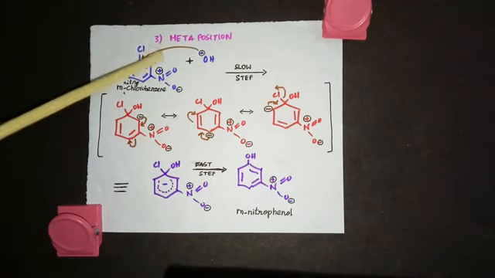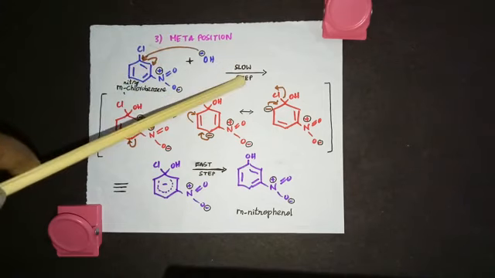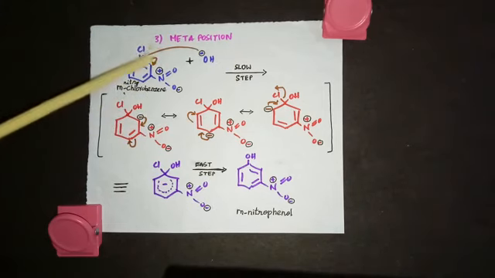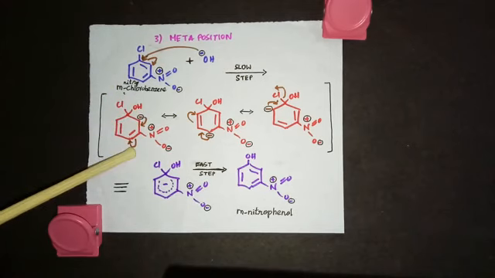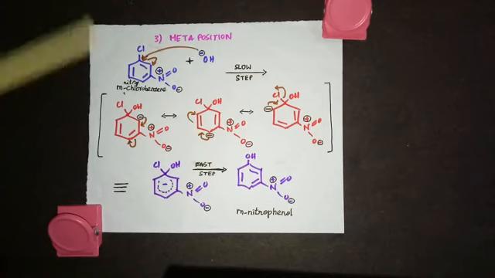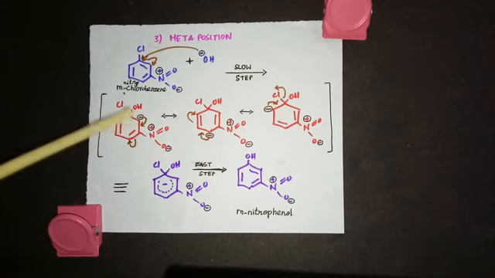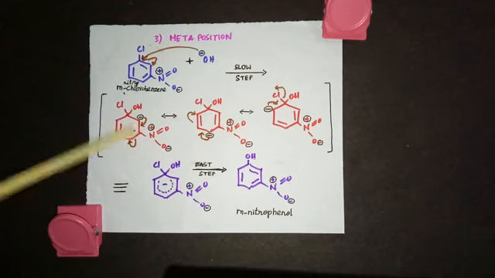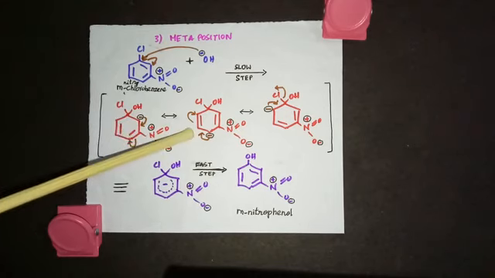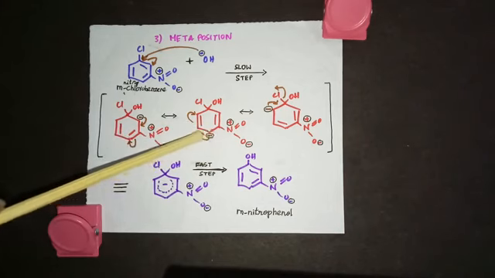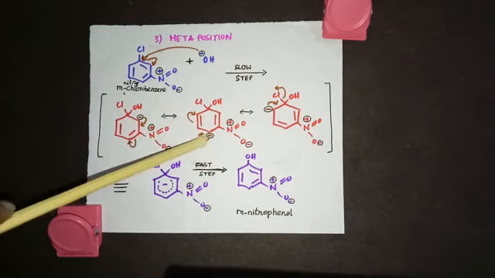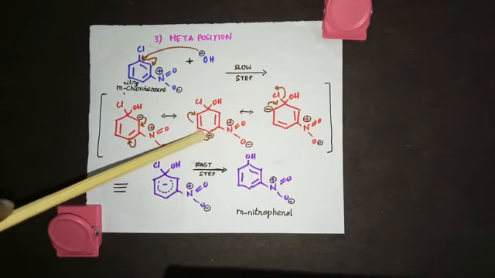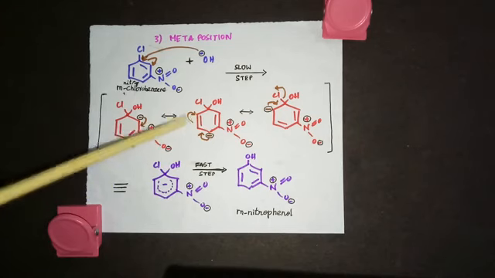Now this bond will move to this carbon. So this is the first step, the slow step. So what will happen? This OH will get attached here and this bond will come here as negative. And in this carbanion, here you see this is moving here. This negative is moving to this bond, and this bond is moving to this carbon as a negative charge. Now look at this picture. You are having a negative here and this bond you are getting. See this arrow, this bond is coming here. Now in this resonance form, this negative will go here as a bond and this will move here as a negative charge.